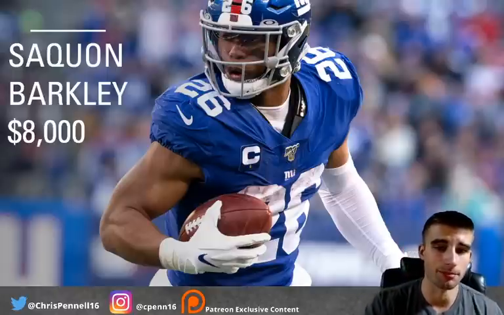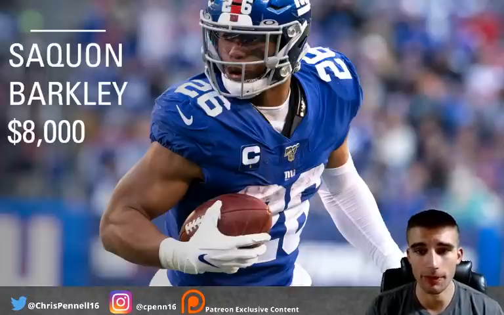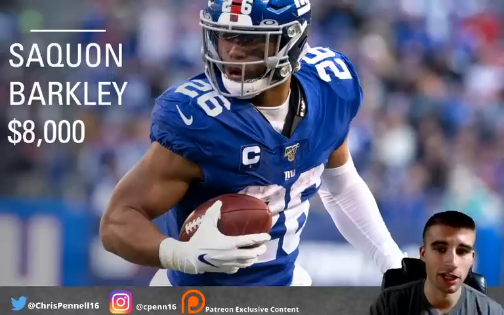Now, I was playing around with some builds. You can play all three of those guys and JuJu, but you're going to have to go cheap at quarterback. You cannot play Big Ben, and I'm not sure how I feel about that. So I think you should at least play 2 of the 3 between Barkley, James Conner, and Derrick Henry. And if I had to pick 2, I'd probably side with Henry and Conner due to the price tags and